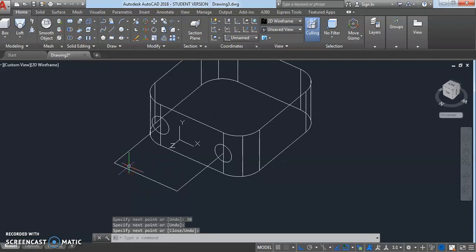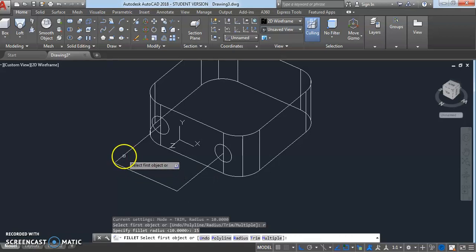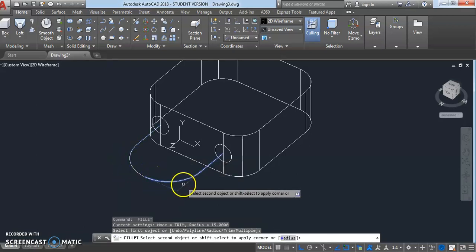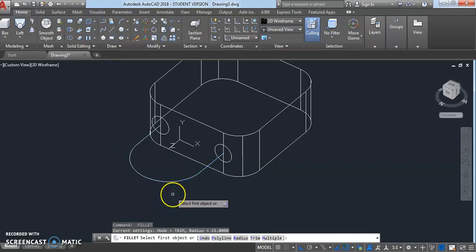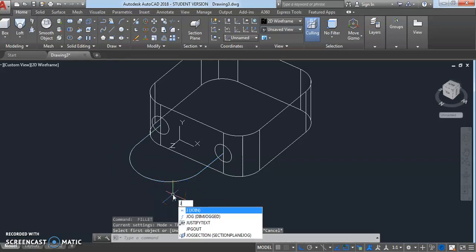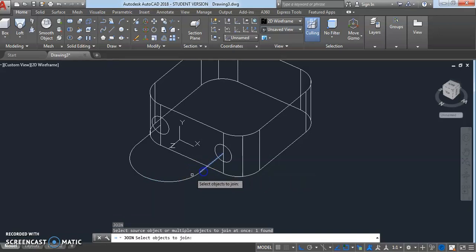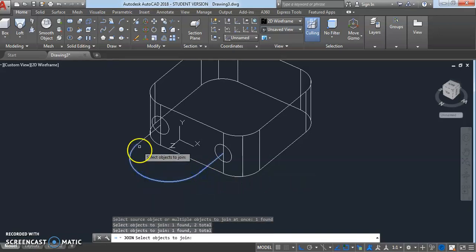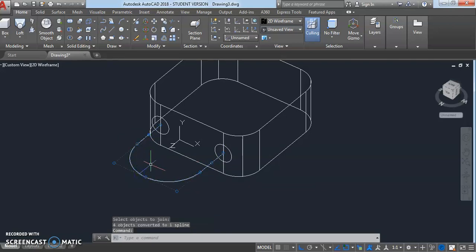Now select the line, type F, enter, R, enter for radius, and give the radius of 15 mm. Select this line and this line, press enter, then type J, enter, select this line, and join them.